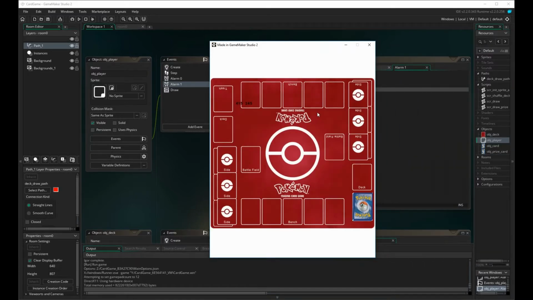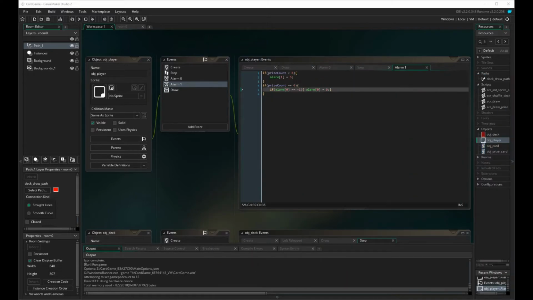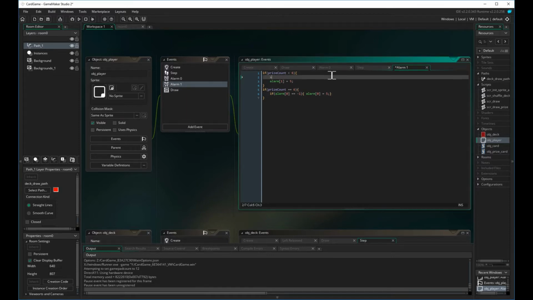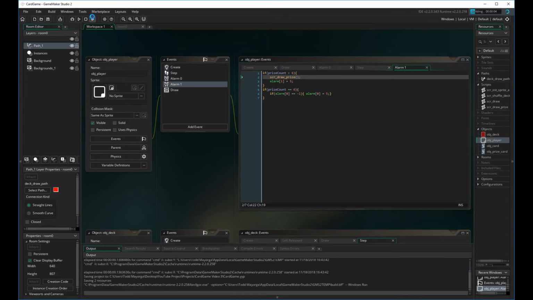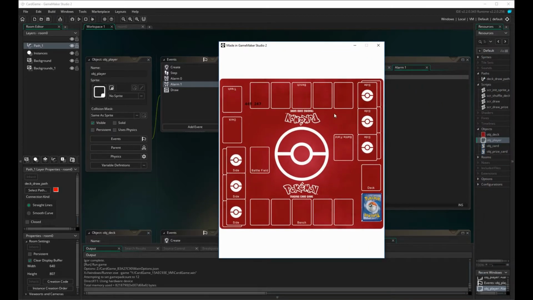So if I press enter, nothing happens. Oh, nothing happens because we did not call the draw prize script. So what we're going to do is add that right here and reload the game. So now if I press enter,